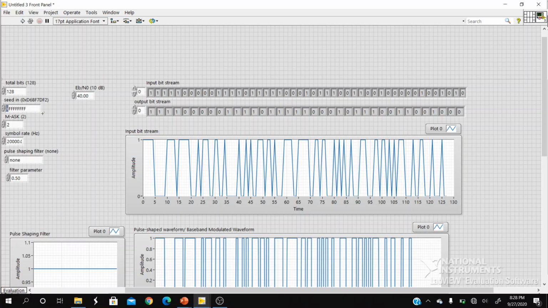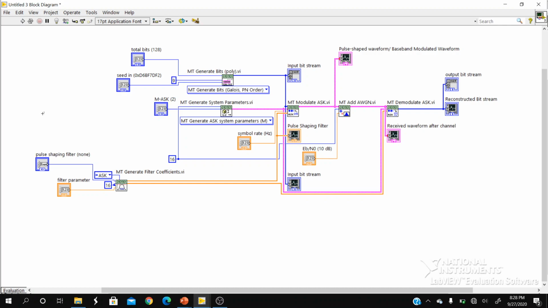But in today's experiment, we are extending this baseband modulation along with the addition of the carrier. So the modification that we need to do in the construction of the baseband to bandpass system is we need to add an up convert block and a down convert block. After this modulate ASK, let us remove this wire.